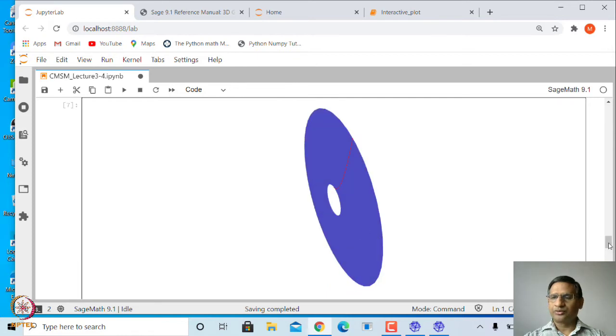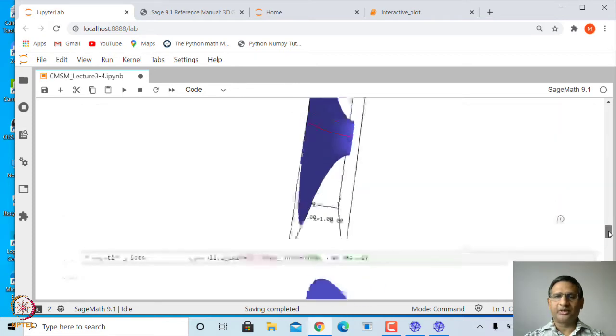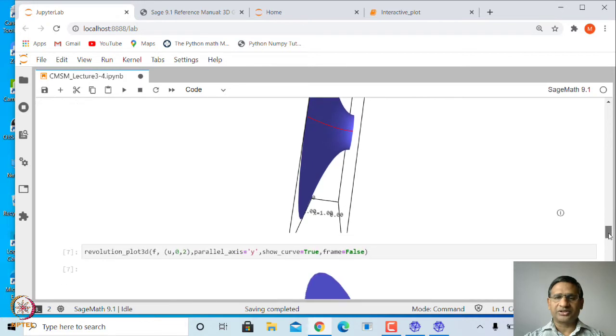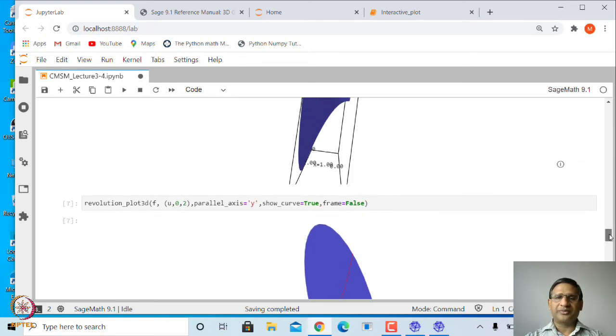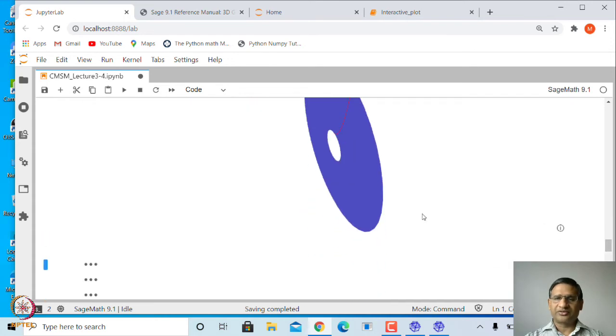And in the earlier one we have plotted this surface along with the frame. Here we have said frame equal to false, that is why you do not see any frame. The advantage of keeping the frame is that you also know the axes, etc. In this case, you do not know what the axes are. Okay. Similarly, you can rotate about